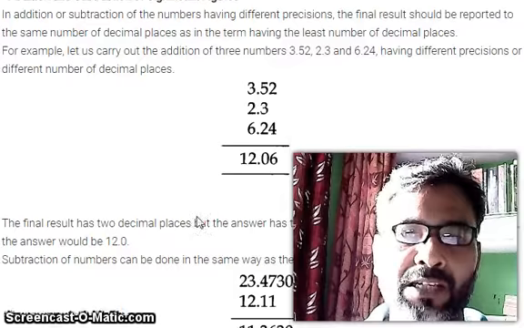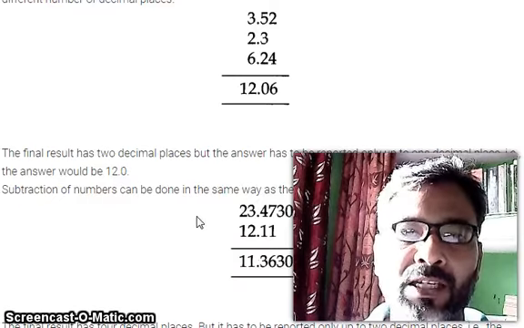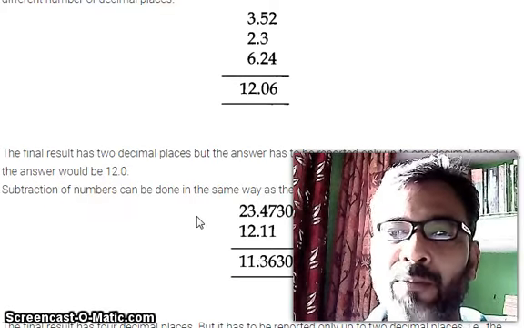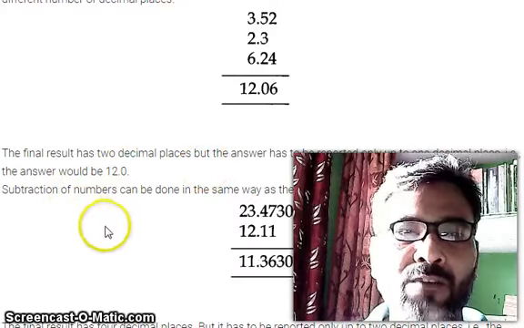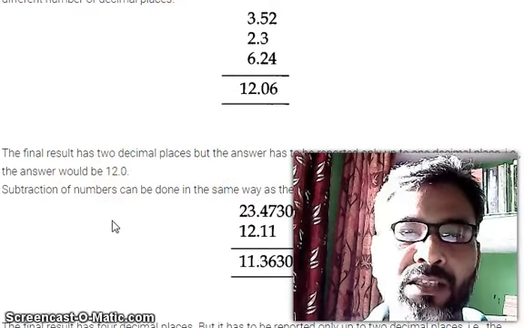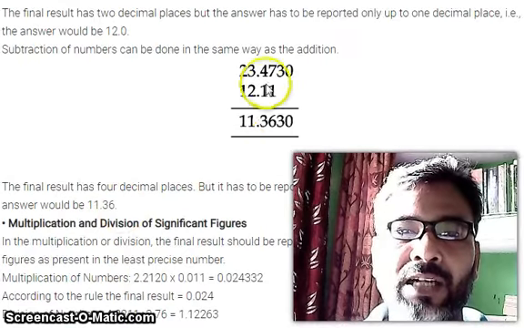number of decimal places. The final result has two decimal places, but the answer has to be reported only up to one decimal place due to this. That is, the answer would be 12.0. Subtraction of numbers can be done in the same way as addition. So look here,